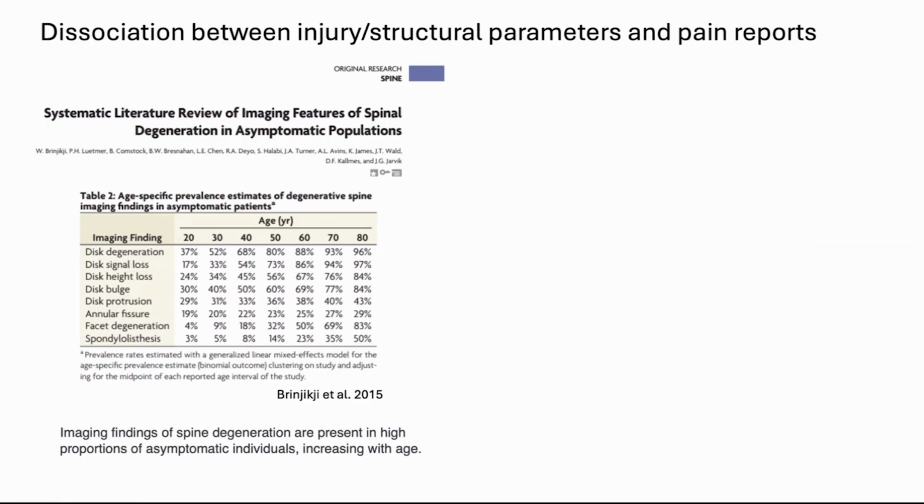If you fast forward to age 50, you will see that about 80% of individuals have at least some form of spinal degeneration. Even other findings like disc bulges, protrusions, facet degenerations are observed at strikingly high levels. So the conclusion of this study is that basically incidental findings of spinal degeneration are not by themselves really indicative of whether someone is in pain or not. Now, of course, you need to interpret imaging findings together with the clinical presentation. Still, this clearly shows that perhaps in some of these individuals that don't feel any pain, maybe nociceptors are still detecting the injury, and for reasons that we will discuss in a couple of slides, this is not really brought to the brain's attention.